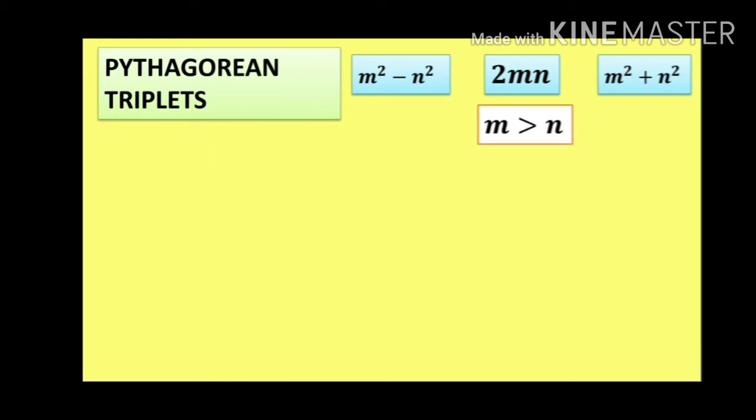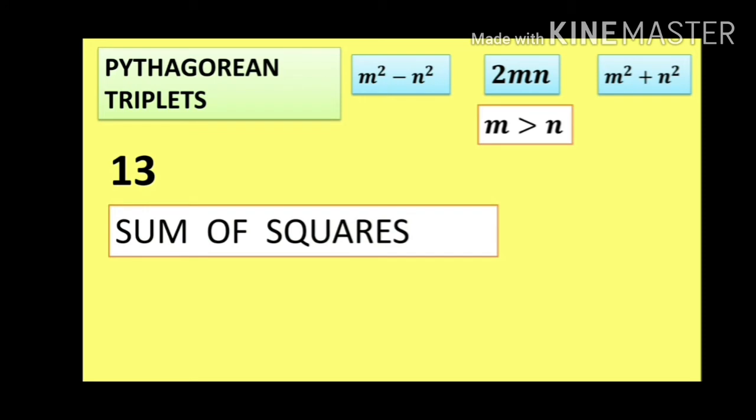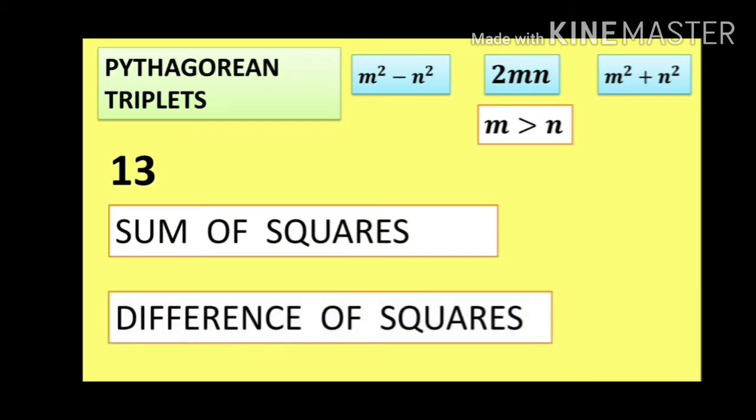Although we know that in a right triangle, the sum of the two squares gives the third square, like c square is equal to a square plus b square, that means you are using square numbers only. So here, suppose I take one of the members as 13. Now let's see how to find it using this method. Now 13 can be a sum of squares or difference of squares. 13 can be any of the sides of the right triangle. So if it is a hypotenuse, you will add the squares. If it is either the base or the perpendicular, we will subtract the squares, as we have learned in the Pythagoras theorem.